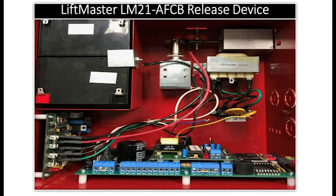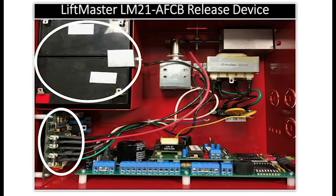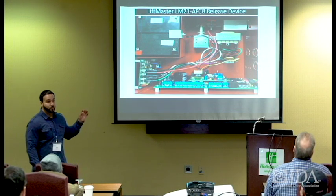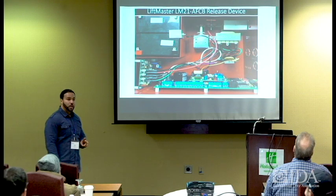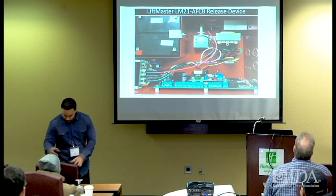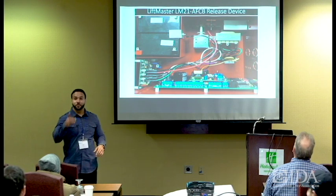This is what it looks like completely. I told you over here we had the sustaining and the charging board, as well as a piezoid on that board, and other lights on that board to give you indication. You have the 2 batteries that I recommend be changed every 18 to 24 months. Those batteries will sustain the operation of this unit for up to 72 hours. I always say 48 to 72 hours, because when you connect the voice board,